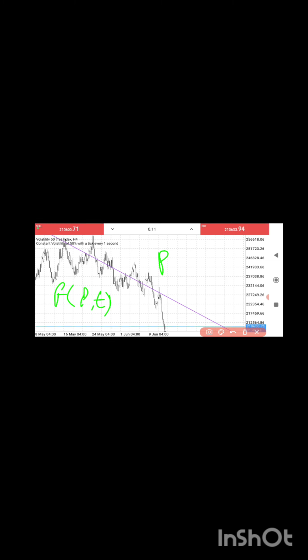We are going to say, if P is above F, if P is greater than F,